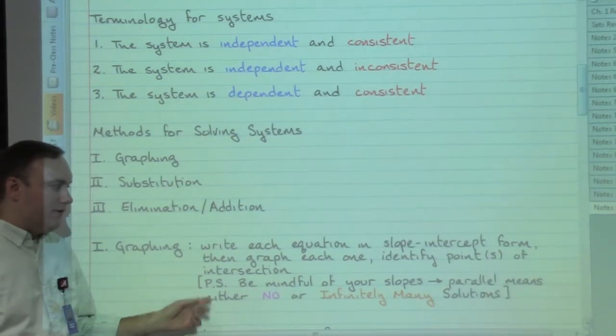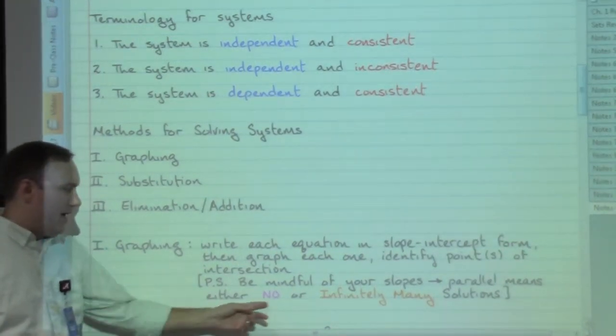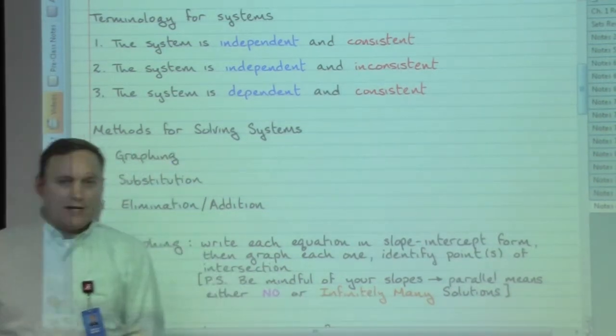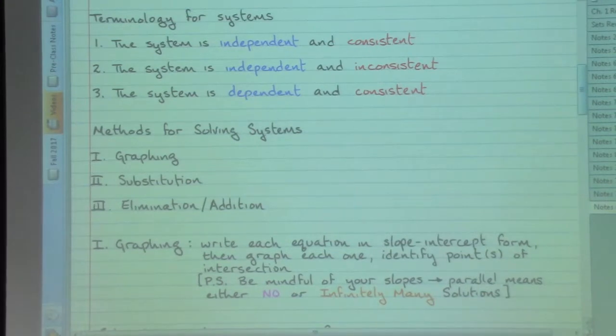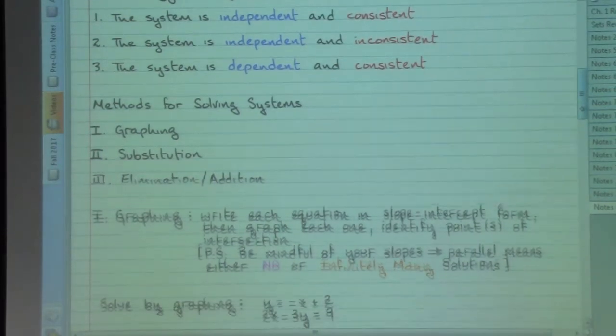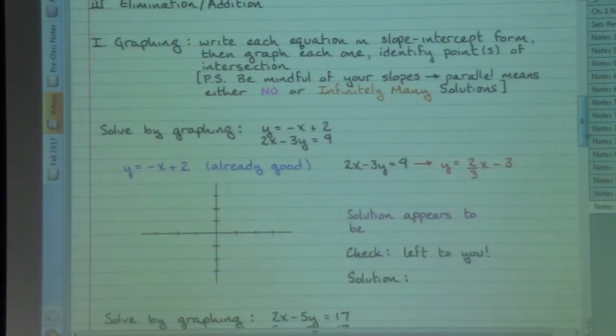We want to be mindful of our slopes. We want to think about parallel lines, either no solutions or infinitely many solutions if we come up with parallel lines. So we do want to make sure that we keep that sort of idea in mind for when we are graphing things. But again, the idea here is that we would have to identify by eye what we would